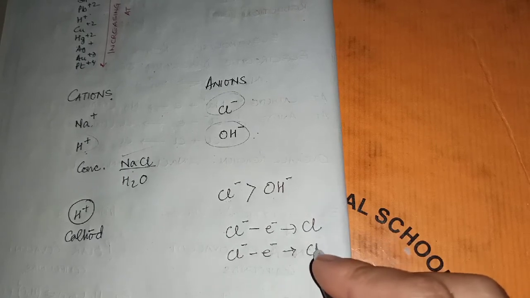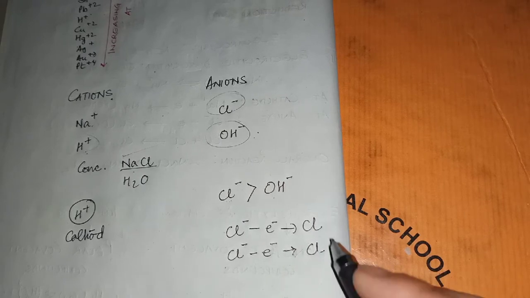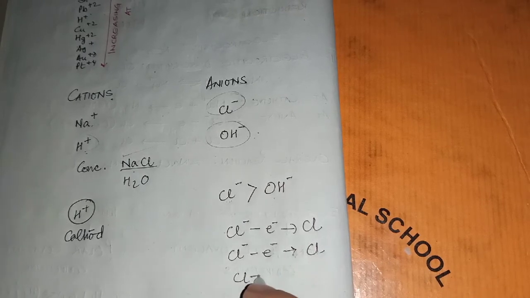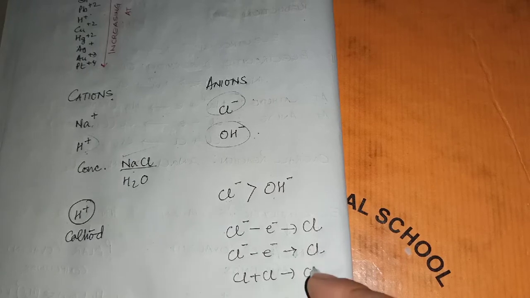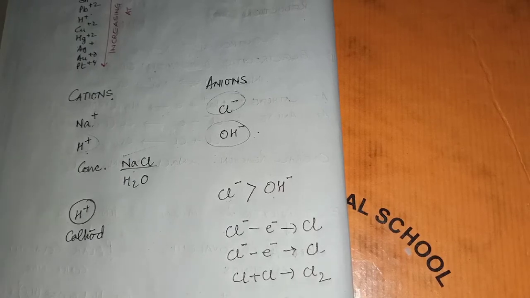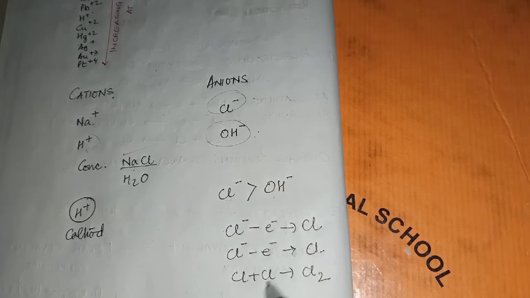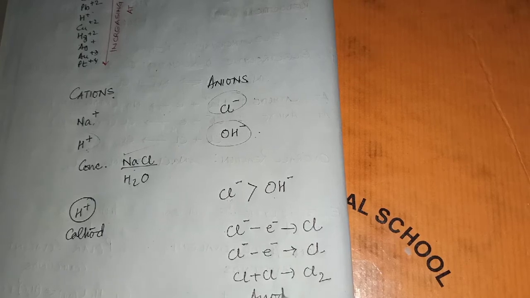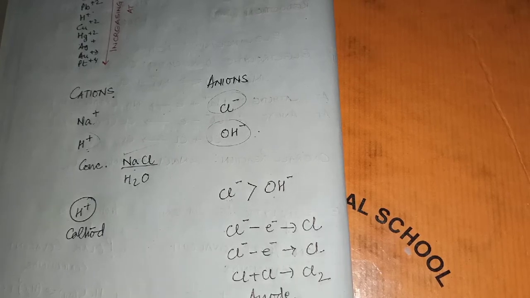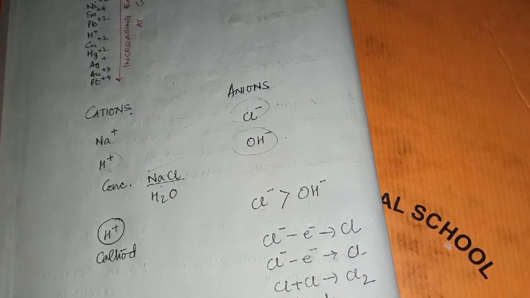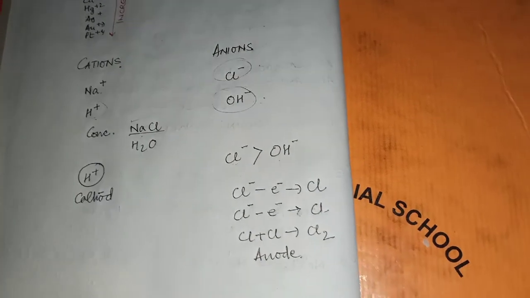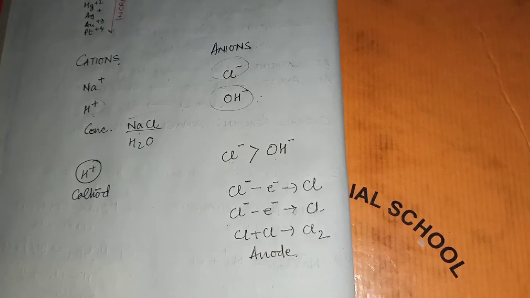Again it undergoes oxidation and forms another chlorine atom. Now these two chlorine atoms combine together to produce chlorine gas at the anode. So at the anode, the second condition gets satisfied over here, which states that the selective discharge of ions depends on the concentration of